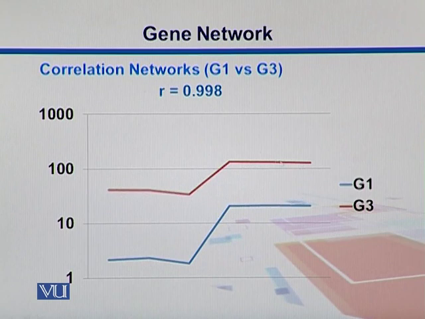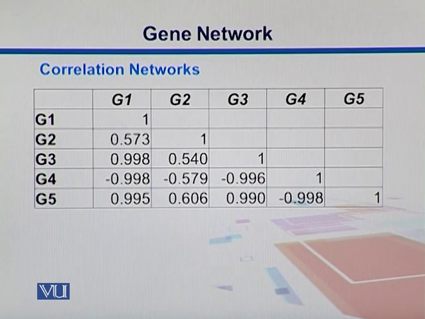Though there is a difference in their magnitude of expression, Pearson correlation does not take that into account, but there are some other correlation methods like Spearman, etc. They also take this difference in magnitude of expression into account. So we can have those gene-to-gene pairwise correlations. We can come up with a correlation matrix, and we can use this matrix to draw their gene networks.